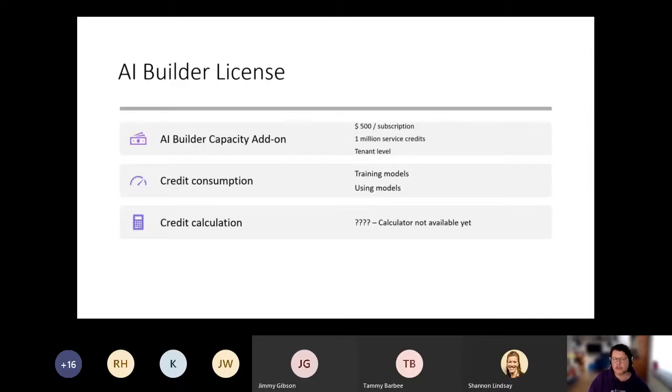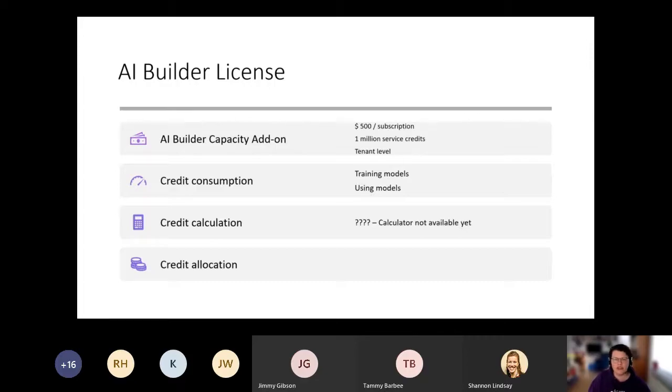At the moment, you can ask Microsoft to do a calculation for you, and my expectation is that in the near future, this credit calculator will become available.